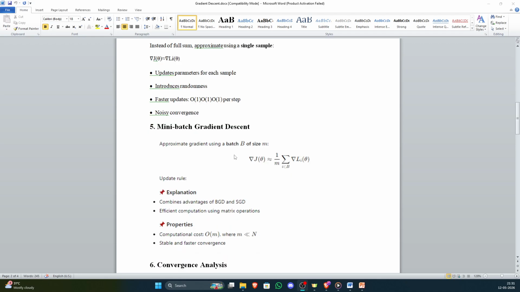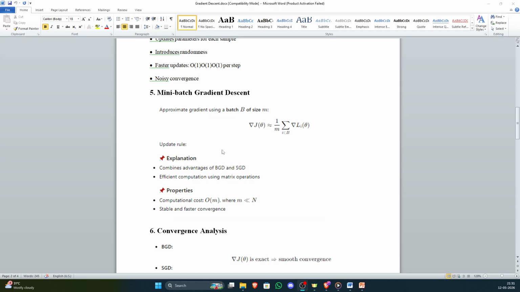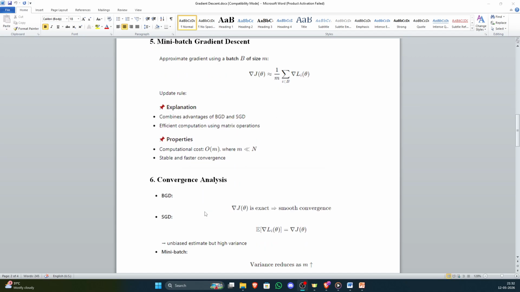Then mini batch gradient descent, approximate the gradient using a batch B of size m. So this is the update rule. It combines the advantages of BGD and SGD, efficient computation using matrix operations, computational cost is order of m, stable and faster convergence. So for convergence analysis, BGD